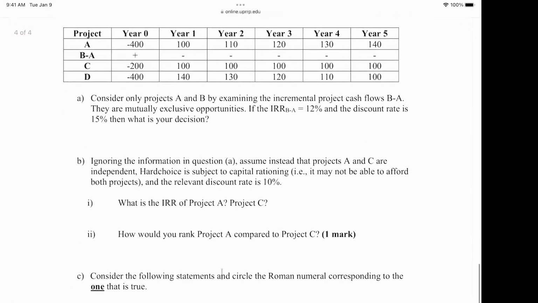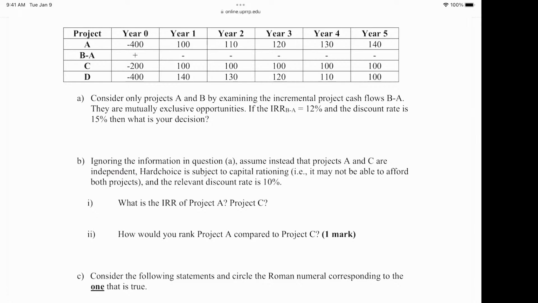So there were two issues. It's clear if one NPV profile is on top of another one, that the NPV is always higher, you pick that one on top. But what if they cross? So when can they cross? They can cross when one project is a higher budget project. I talked about that example. It's just more money going in, and you're getting more money out, but in percentage, it doesn't look that great.